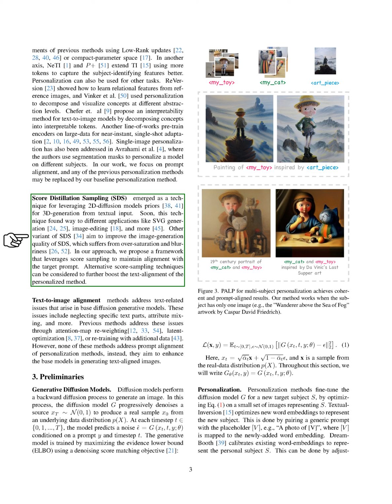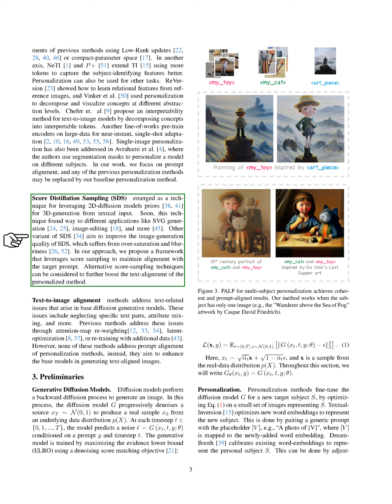This method has been used to enhance 3D generation from text input using 2D diffusion models. It's been applied in various areas such as SVG generation, image editing, and more. However, there are some issues with this technique, such as oversaturation and blurriness in the generated images. To address this, we've developed a framework that uses score sampling to better align with the target text prompt. We could also consider other score sampling techniques to further improve this alignment.